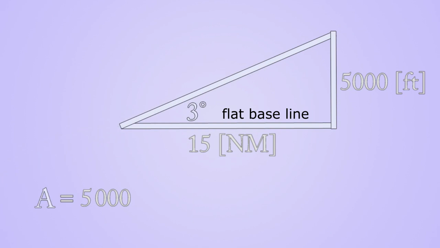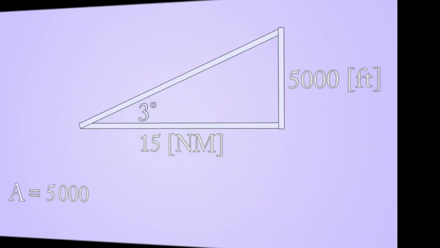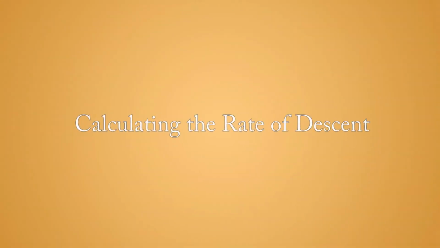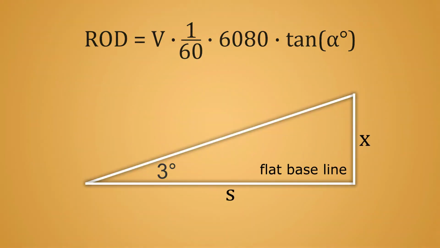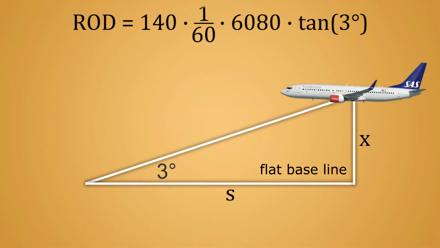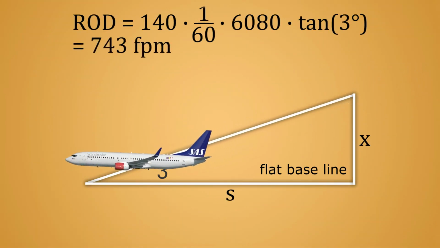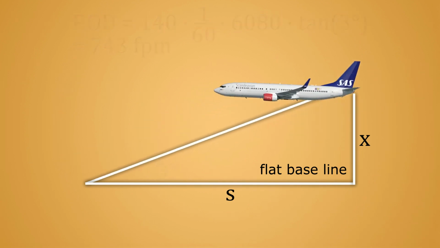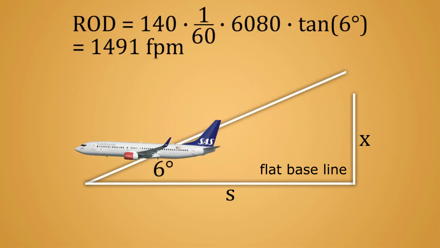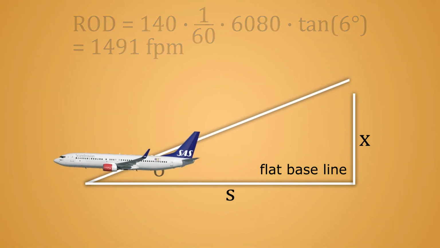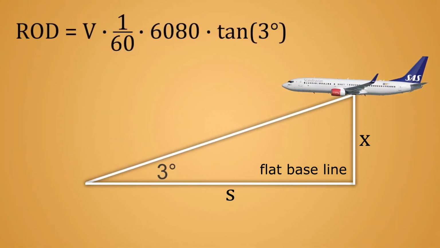This rate will depend on your ground speed, and you can find a video on this topic on my channel. This video will briefly explain how to calculate a rate of descent for a given airspeed and glide path. For example, a jet with an approach speed of 140 knots descending on a path of 3 degrees will need to descend at a rate of 743 feet per minute, but if it wants to descend on a path of 6 degrees, it will need to descend twice as fast. If you don't have a scientific calculator nearby, for a glide path of 3 degrees, multiply your approach speed by 5.31 to get the rate of descent. Alternatively, you can just multiply it by 5 to get an approximate result.